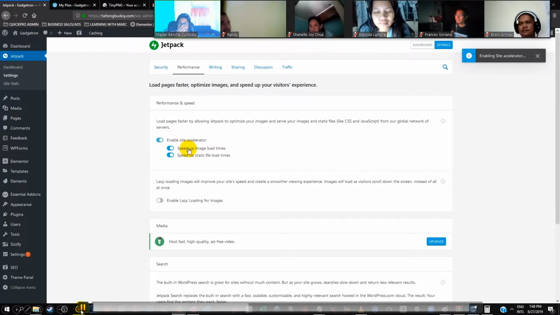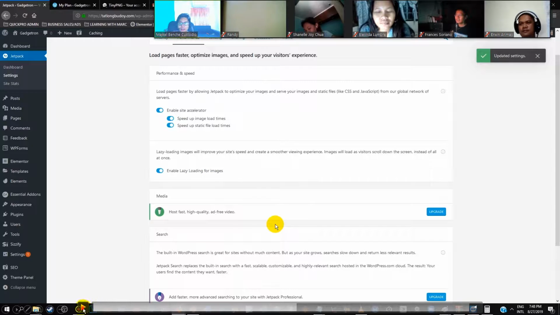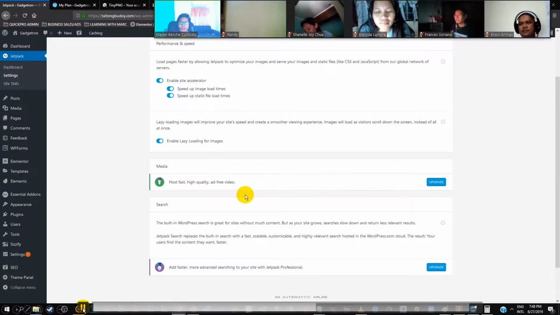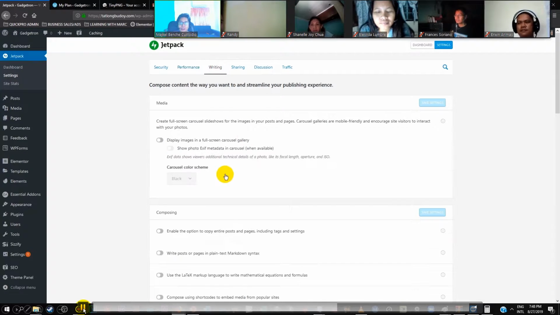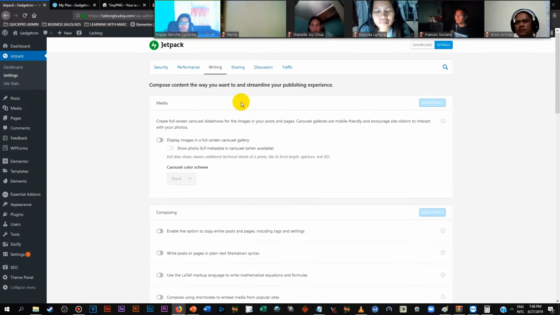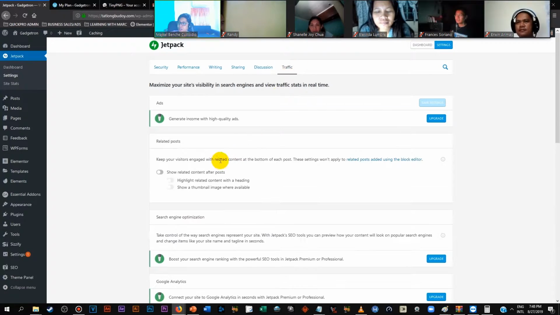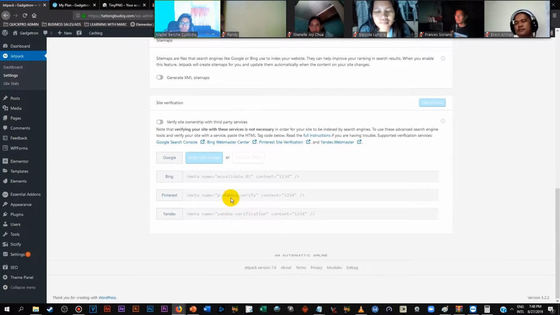After that, speed up all these three. Speed up image load time, speed up static file load times. And also enable lazy loading for images. Okay? And that's it. That's all you need for Jetpack. Now, everything else, make sure they are all unchecked. And don't worry, there's no save button because every time you uncheck something, it's auto save. So you don't need to find a way to click save.